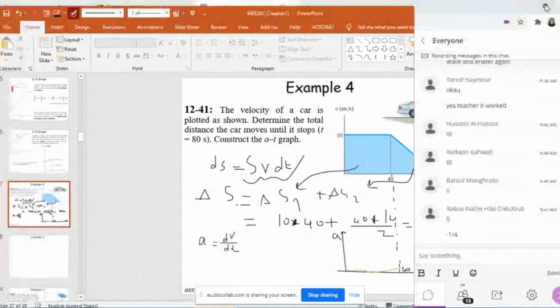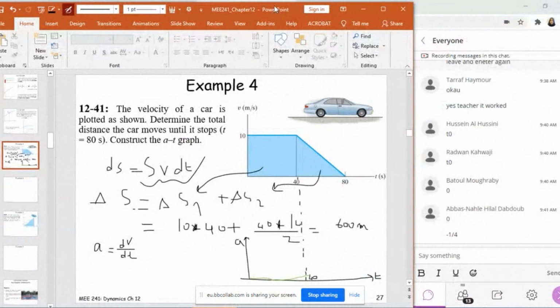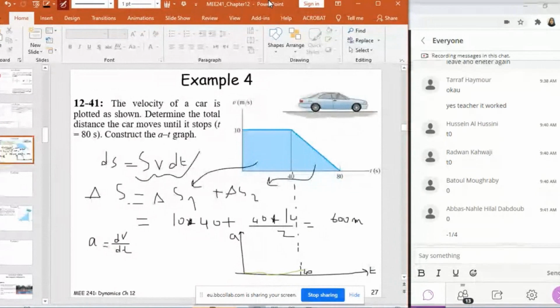A is equal to minus 1 over 4, Abbas. Perfect. Yes. A is equal to minus 1 over 4 because in fact A should be negative since V is